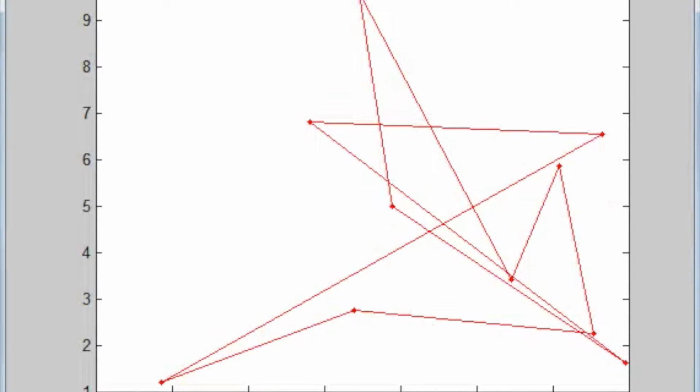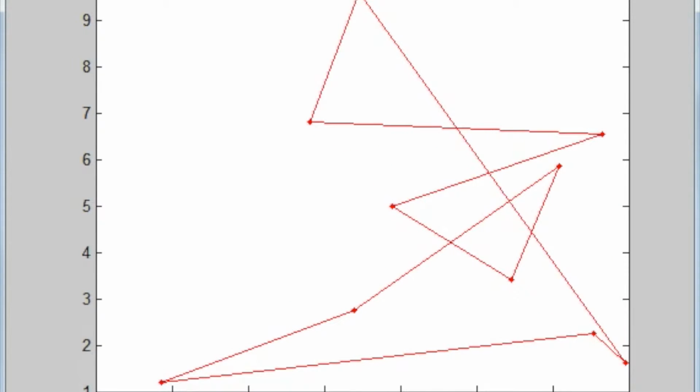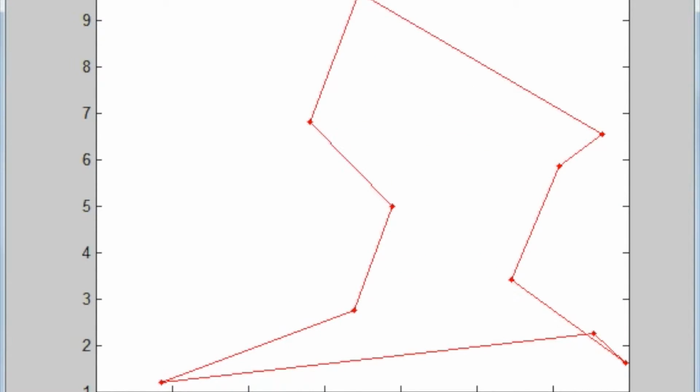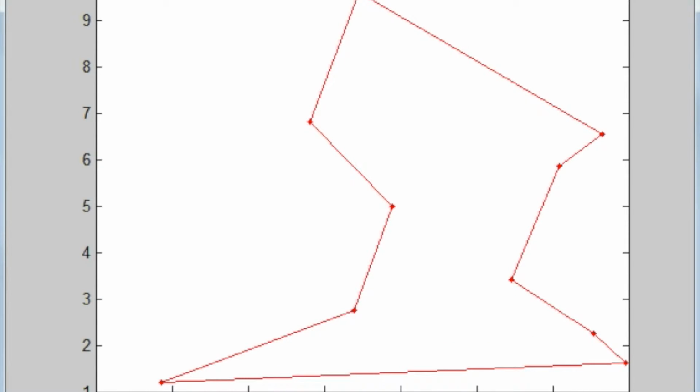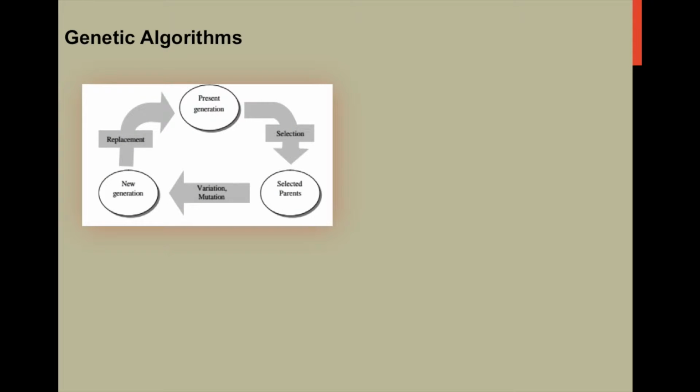We looked at two algorithms for finding optimal routes for the TSP. The first was 2opt. We used MATLAB to measure how 2opt could improve a given route, as shown in this video. In a genetic algorithm, or GA, computer code simulates the processes of natural selection and reproduction through many hundreds